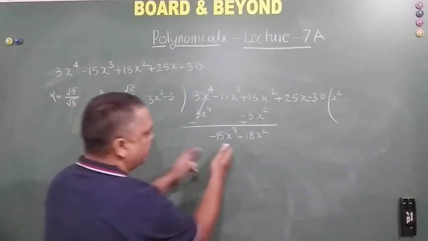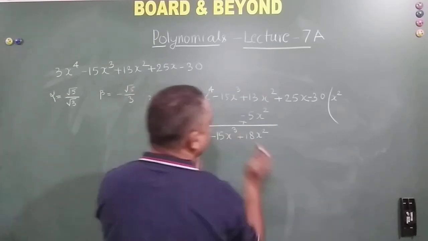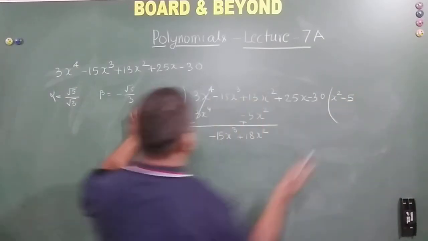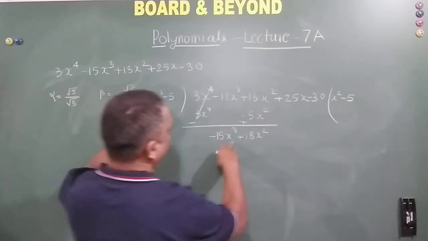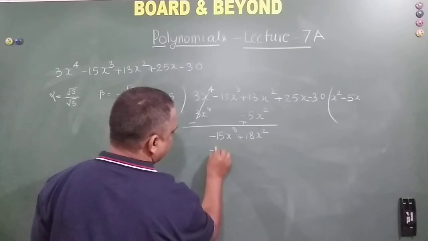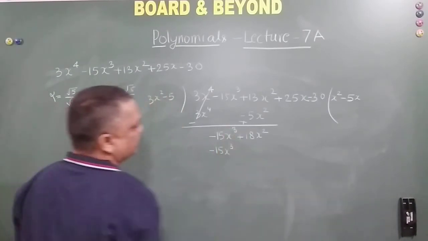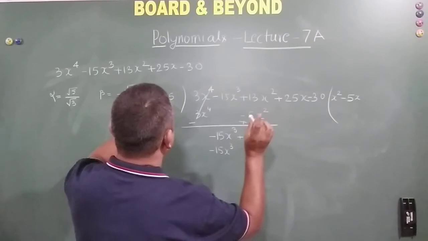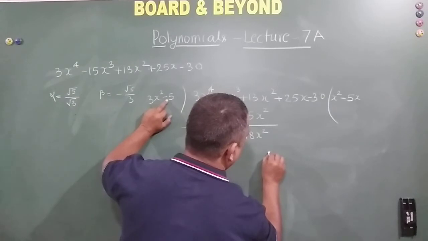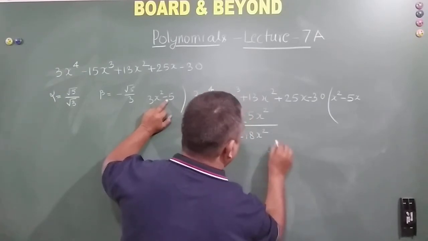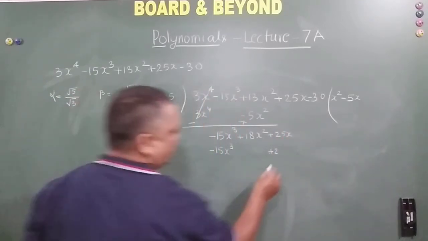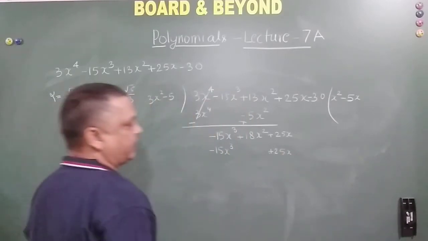Right? Now I need to basically eliminate this. So to eliminate this, first I write minus 5. So if I take minus 5, that leads to minus 15, and then I need x cube, so I need x, right? So what happens is this becomes minus 5x cube, correct? Now this leads to plus 25x, okay? Oh, sorry, I need to bring it down. Okay, plus 25x. You're getting my point now?